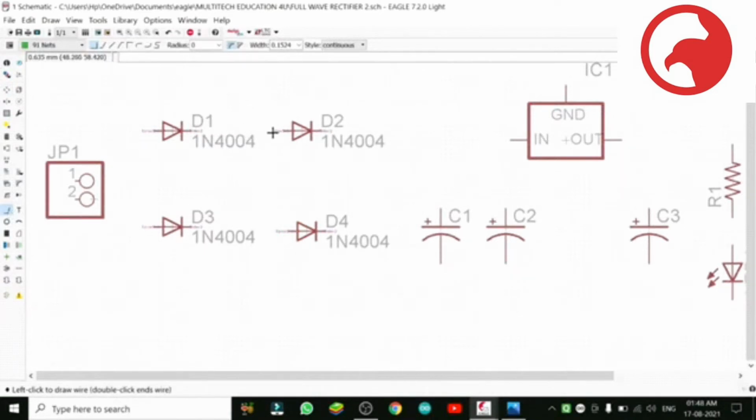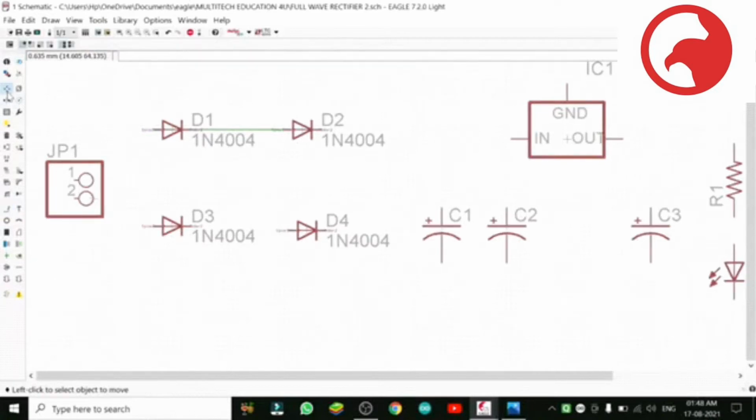Now we will click on this. The wiring must be dot to dot. If you leave it before the dot, or take it inside, there will be no connection. So in the PCB there will be no connectivity, and it can create a big problem. So you have to take care of these dots. You see, I am moving it, but they are connected.